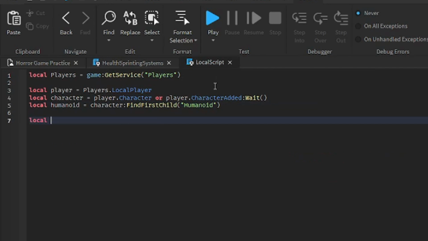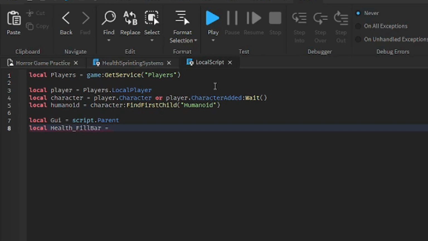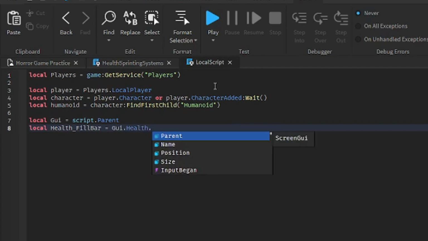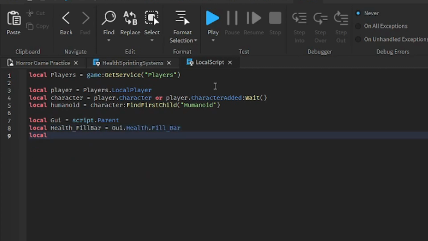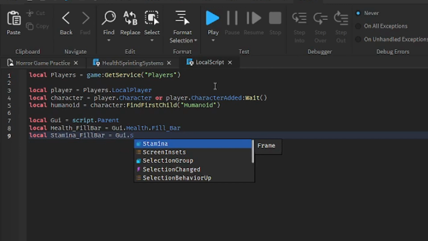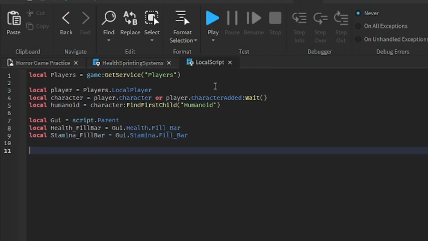We're going to also reference our GUI. So GUI is equal to script.Parent, and our health field bar is equal to GUI.Health.FieldBar, and stamina field bar is equal to GUI.Stamina.FieldBar. Alright, so we have referenced everything that we need, and what we're going to do next